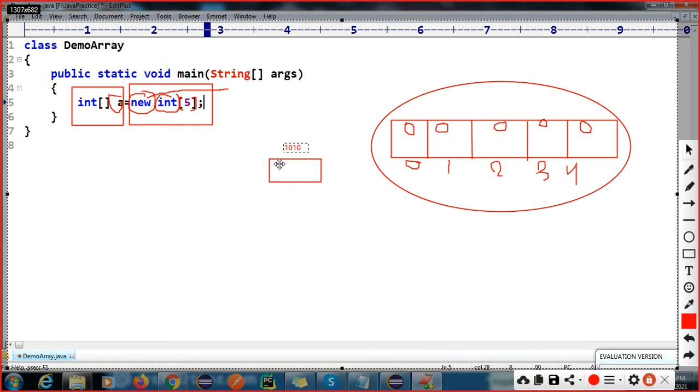So this is your reference variable, and this is your a, and we are holding this object. Got it, right? And this tells the JVM and compiler this is an integer type of array. Got it, right? So this is the line of code when you are defining or creating an array, and when someone asks you what is an array, you have to tell like that.